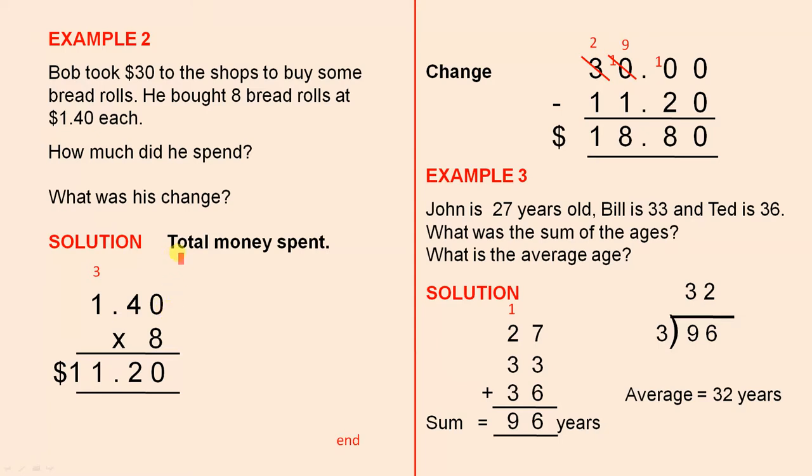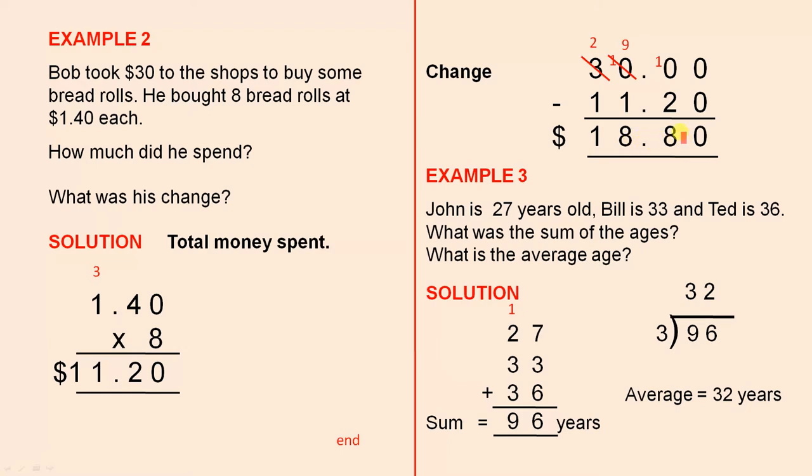the quick way to do this, that is for the total money spent, $1.40 times 8, 8 times 0 is 0, 8 fours are 32, there's the 2 and there's the 3, 8 ones are 8 plus 3 is 11. So he spent $11.20. With respect to the change, we have $30 minus $11.20. So if we do that subtraction using the strategies we saw in earlier videos, you will see that the change is